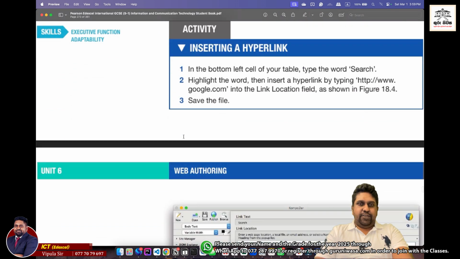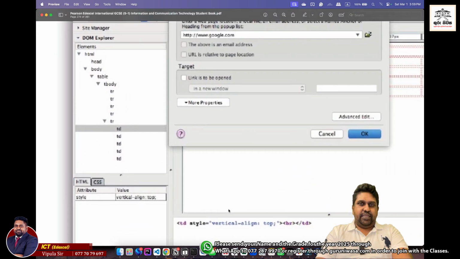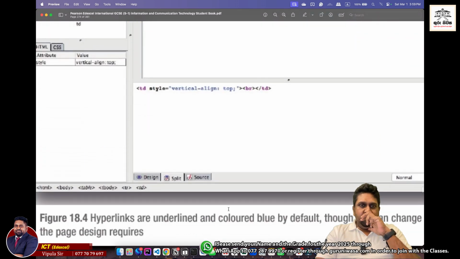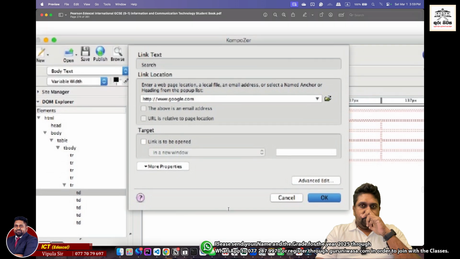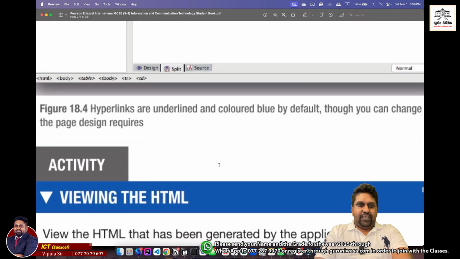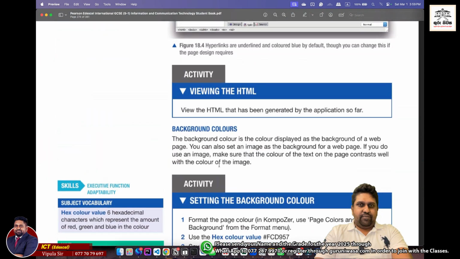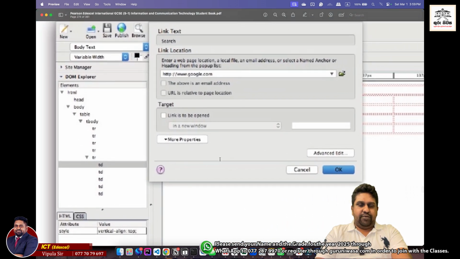Okay, so in the editors, you will get something like this, where it will allow you to insert a hyperlink into a block. So let's see how it works. So now let's add a hyperlink into one of our